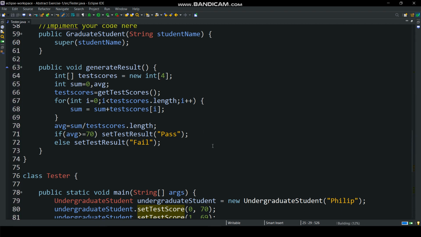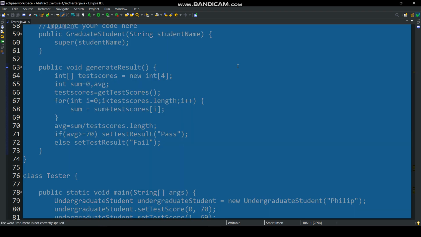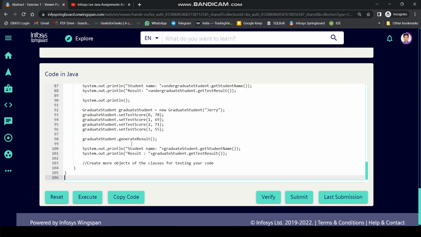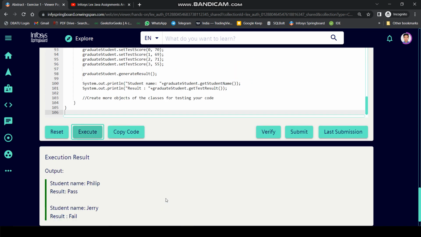Let's run this code. Yes, we got right output. Let's compare output with the sample outputs. Here you can see sample and our output is same.